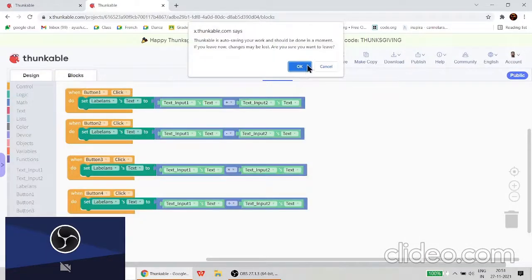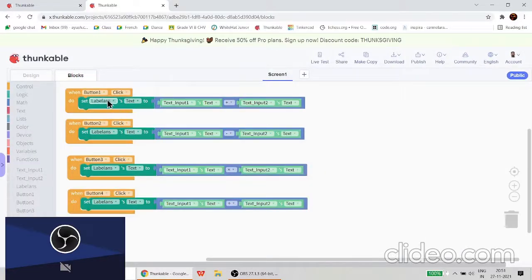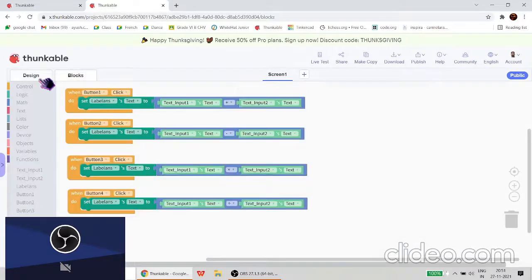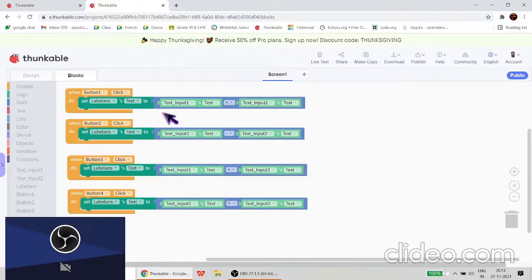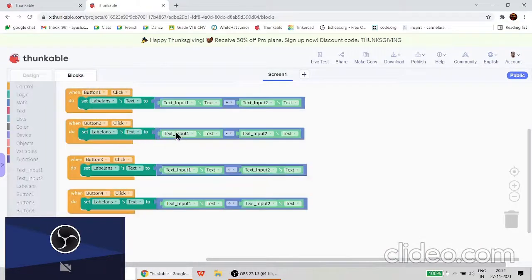There is no invisible comment. Now let's move on to the code. So when button 1 is clicked, when you click on addition, set label answer's text to text input 1's text plus text input 2's text. When you click on subtraction, set label answer's text to text input 1's text minus text input 2's text,